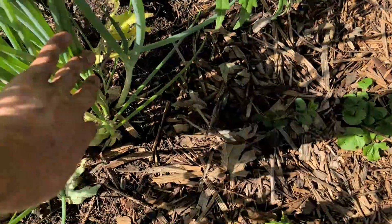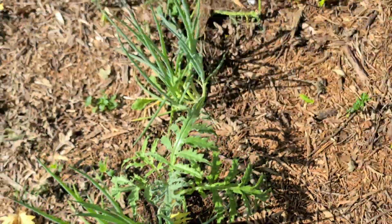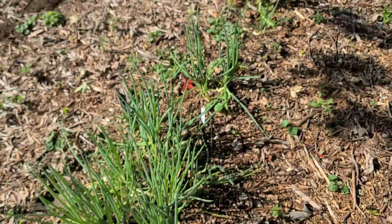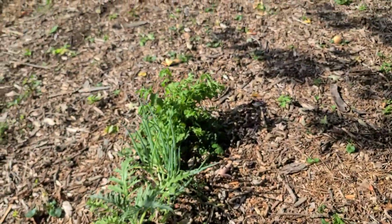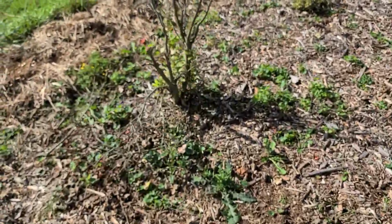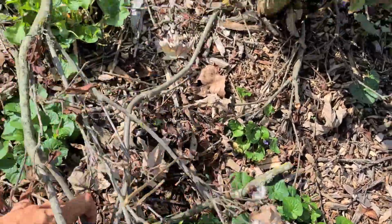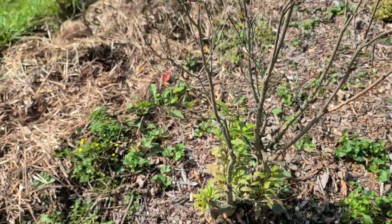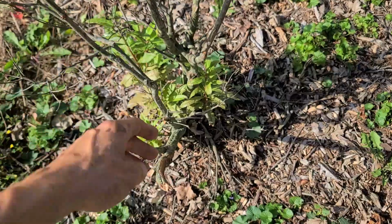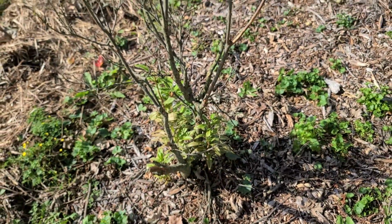It's probably gonna just flower and die off now. Plenty of green salad onions. So these still are good for breakfast and everything. We've been picking them and using them, but you can see I got plenty of them. I always plant way more than I need, because I know the animals are going to be taking some. You can see the deer even came over and messed up one of my azaleas. So I'll probably prune this back. You can see it coming up from the ground again, so probably prune that back and let it regenerate a